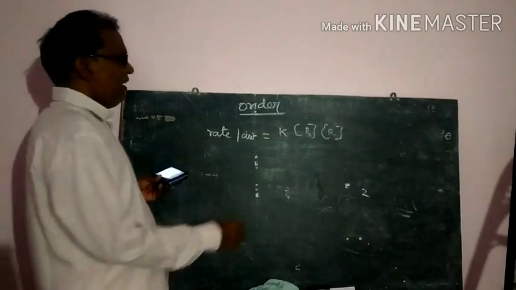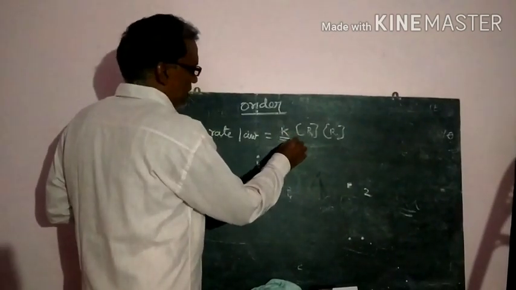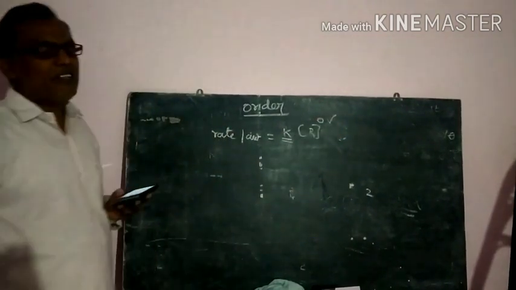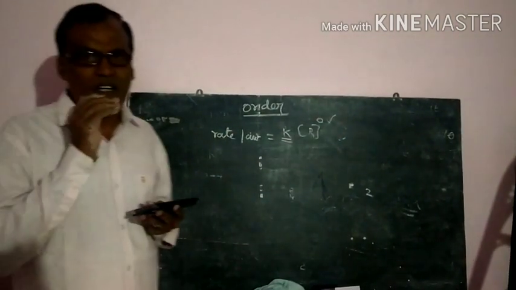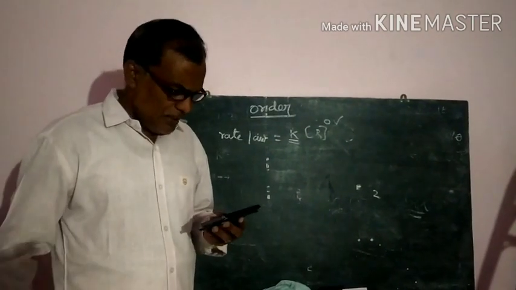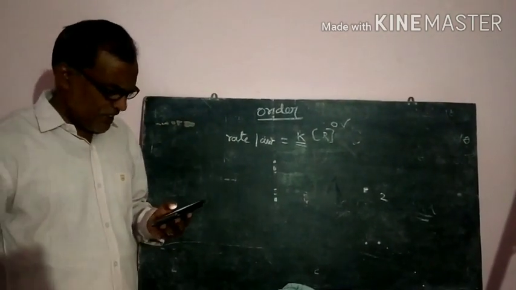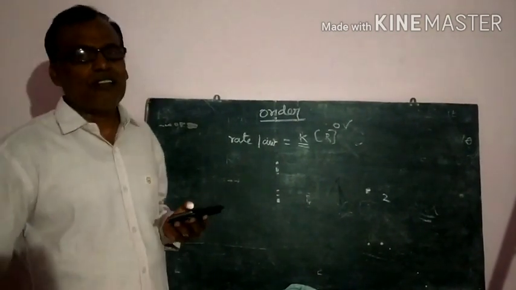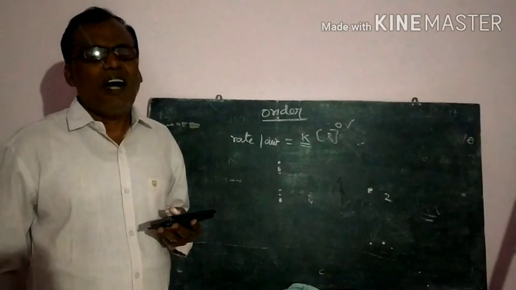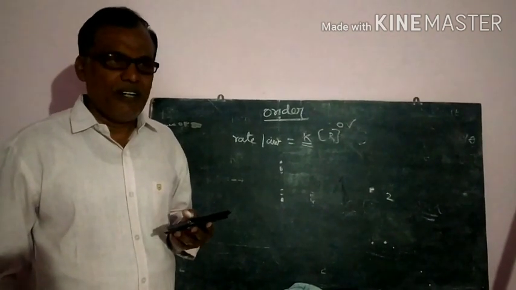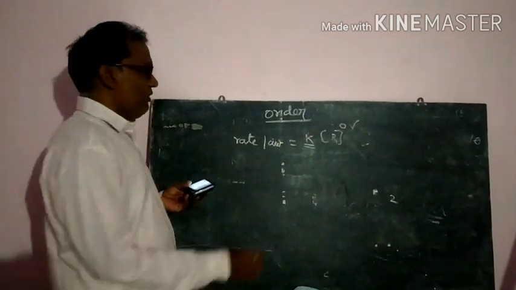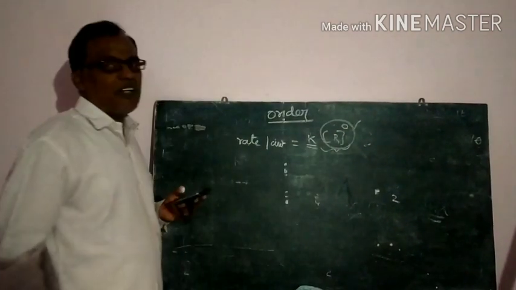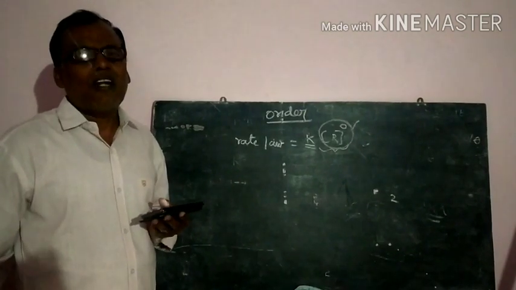Order. But generally, zero order means the rate K times R to the power should be 0. But generally, zero order reactions are uncommon, but they occur under special conditions. Some examples: enzyme reactions, conversion of invertase, fructose sugars. All these come under the zero order reactions. And one more, how they depend on concentration? They are independent of their concentration. They are the zero order reactions.